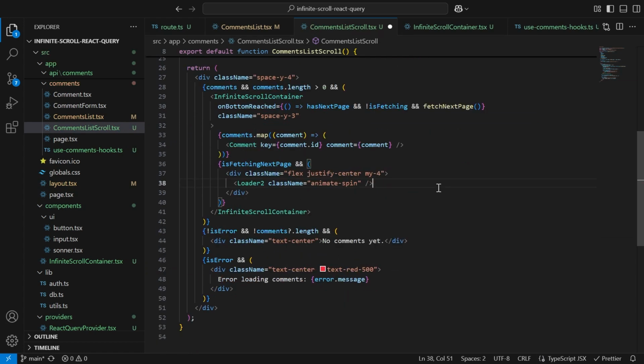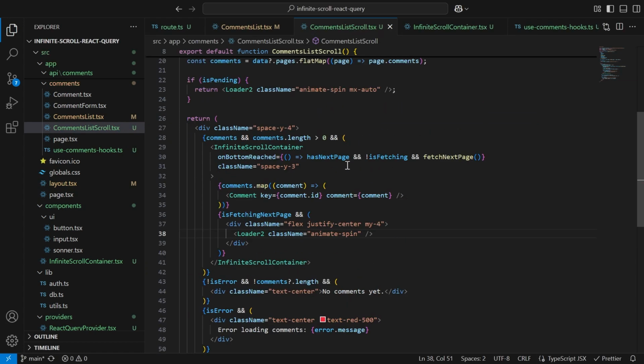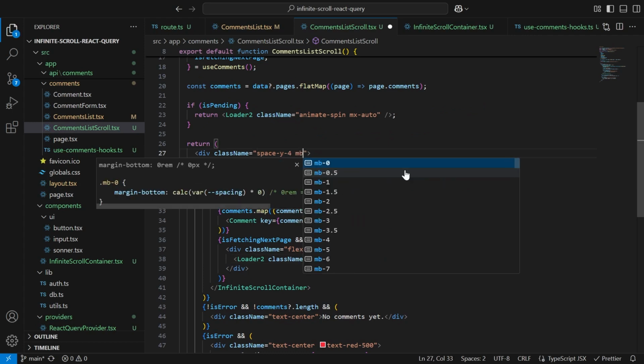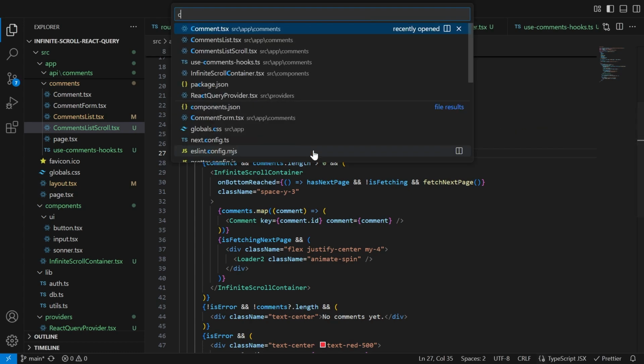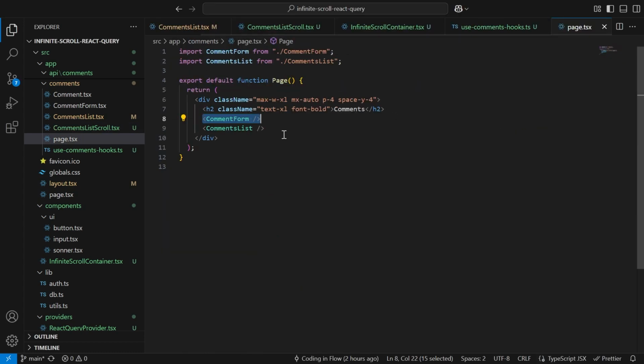There we go. Just one more thing, on this outer div here, I also want to add a margin bottom of 10 because this looks better when we have this loading state so that we can scroll down a little bit further. We add this margin to the bottom. Okay, let's save this. Then go to the comments page, because here now instead of the comments list, we want